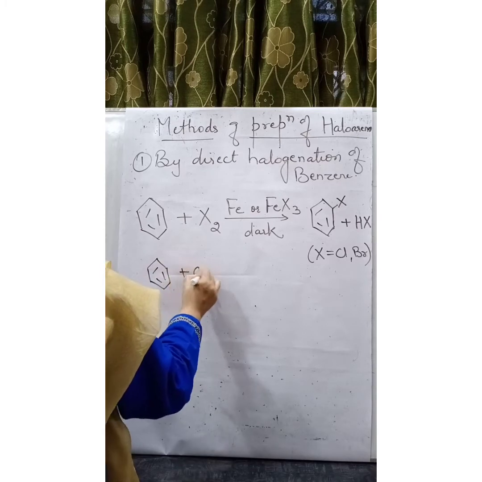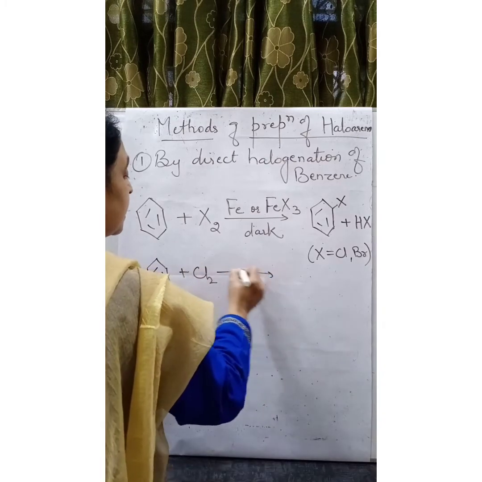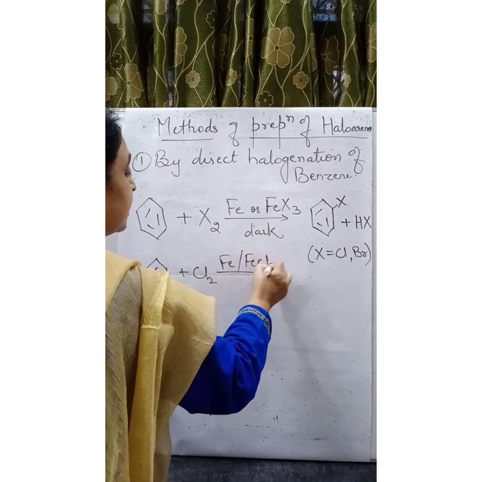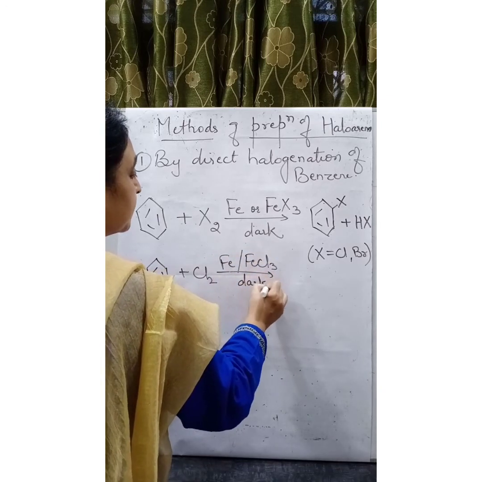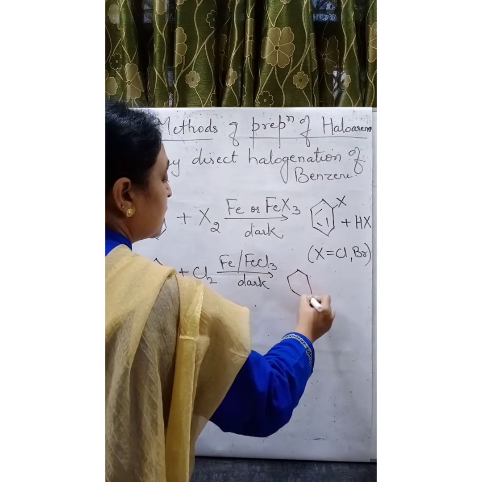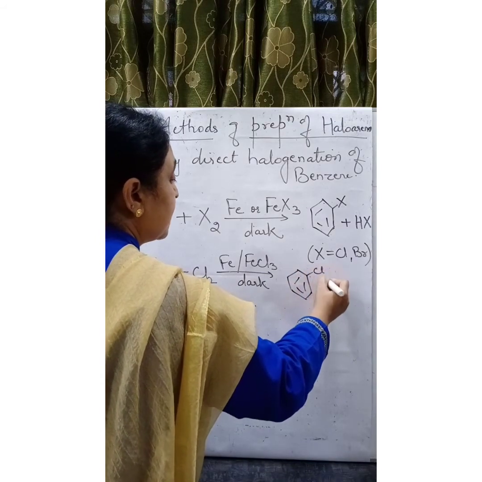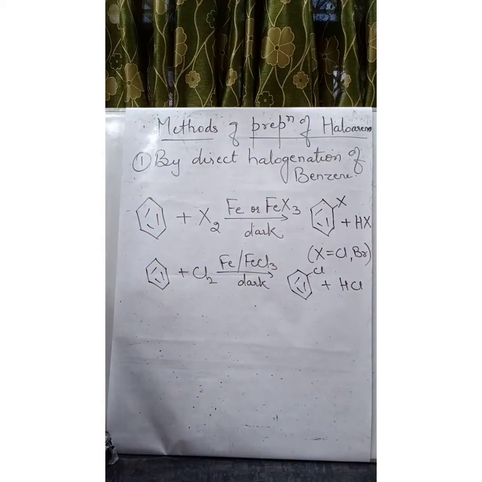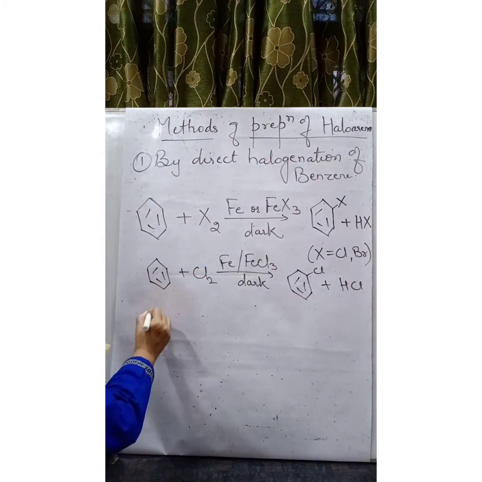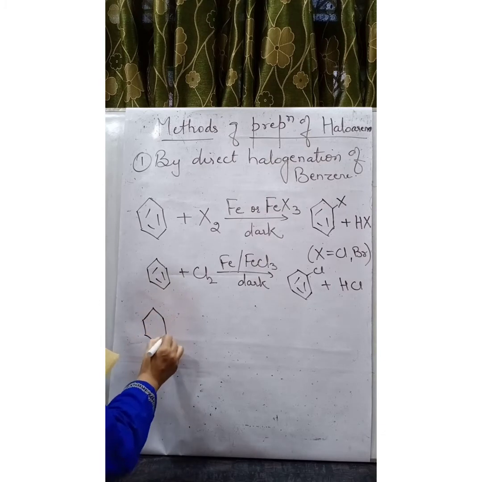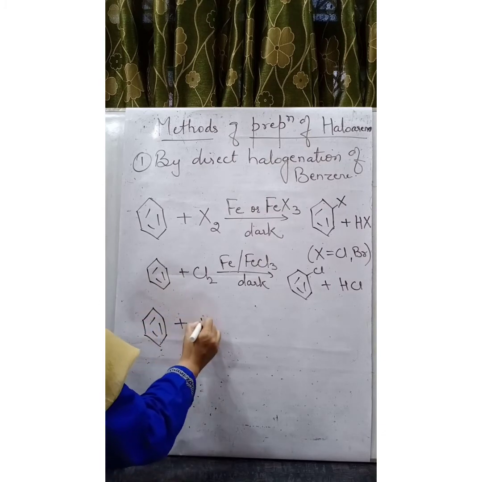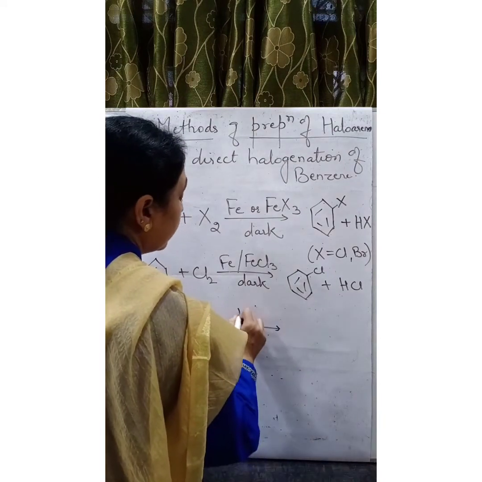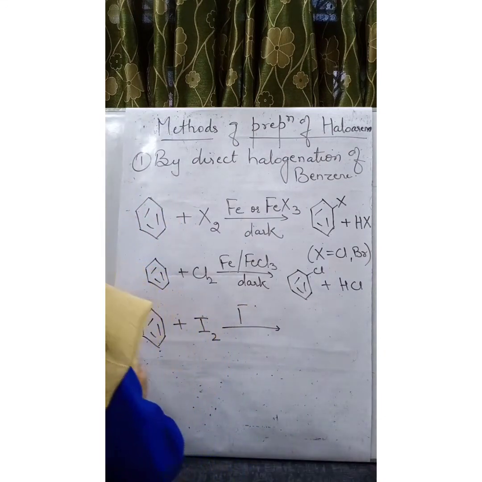benzene when reacted with chlorine in presence of Fe or FeCl3 in dark forms chlorobenzene plus HCl. Now, for preparing iodobenzene, direct iodination of benzene plus I2 in presence of